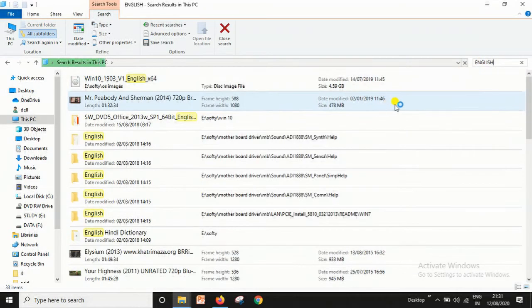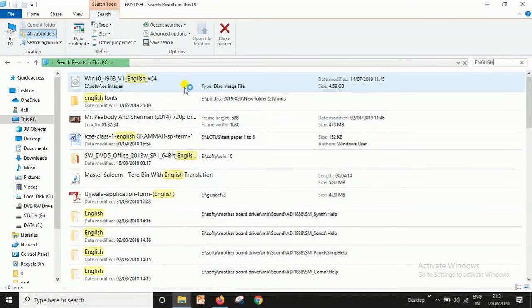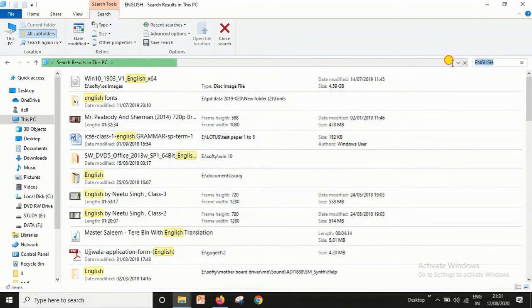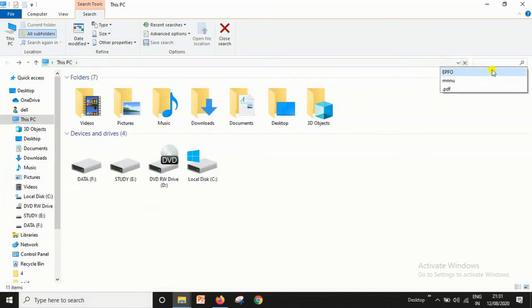So the files consisting of the English name are all mentioned here. So this way you can search. Another method is, if you want to search by the extension, with the help of the extension, if you want to search something, you can type